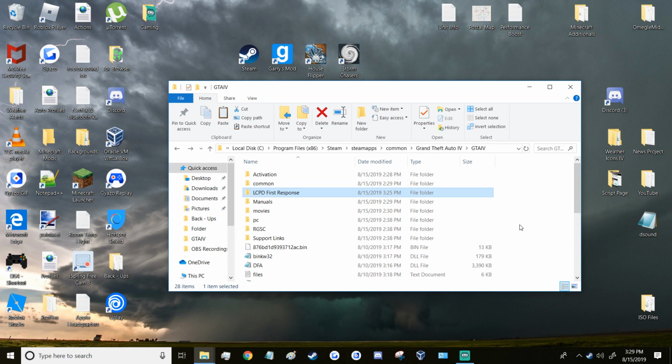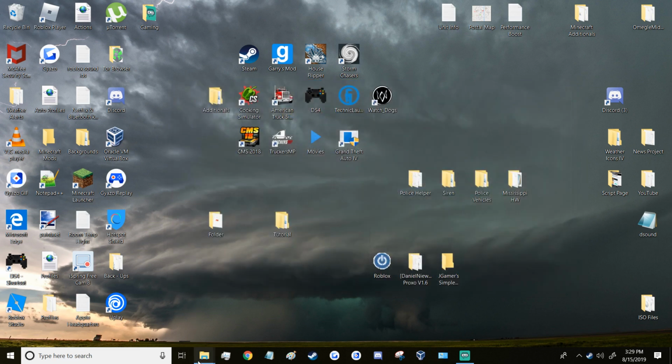Alright, so once you have completed your LCPDFR download, you should now have LCPDFR and your game should be working. You should be all set with that, but now you're probably going to want to get your own police car, your own police model. I'm sure you're going to want your own Peds, maybe a new handling line, and I'm going to show you how to do that now. So once you are done with this, you can close this out, and we are going to go ahead and get the program that we have to use to edit all of the following, which I just said besides the handling. So you're going to open up your Google Chrome,